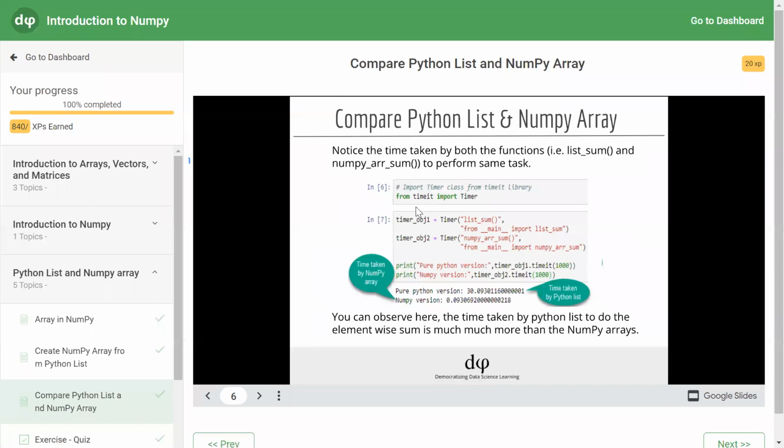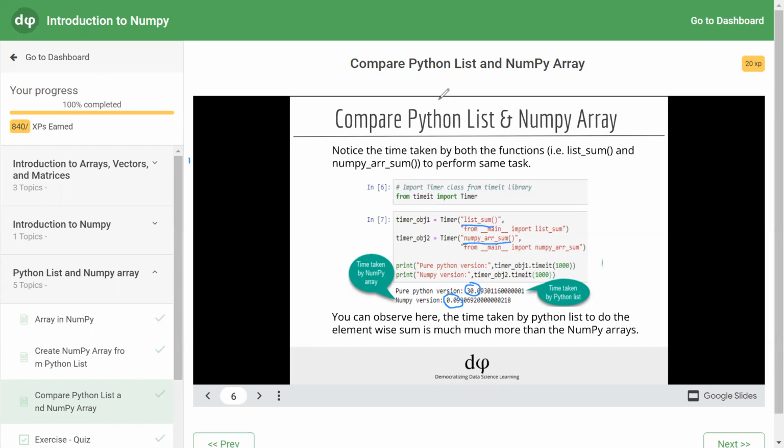What is the advantage? In this example, you need to focus on the timing. When you create a timer object using the Timer constructor imported from the timeit module, and compute the time for the list sum in the first case and the time for the NumPy array sum function in the second case, you can see for the list it was taking 30 point something seconds, and for the NumPy array it was taking 0.09 seconds.